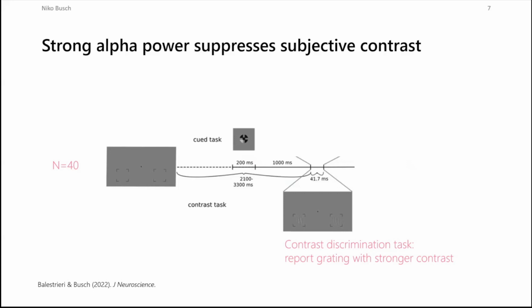And we adapted a paradigm that has been used a lot in psychophysical attention research, originally developed by Marisa Carrasco and colleagues, to study the effect of attention on visual appearance, on what the world looks like. Then our adaptation looks like this. So trial starts, and